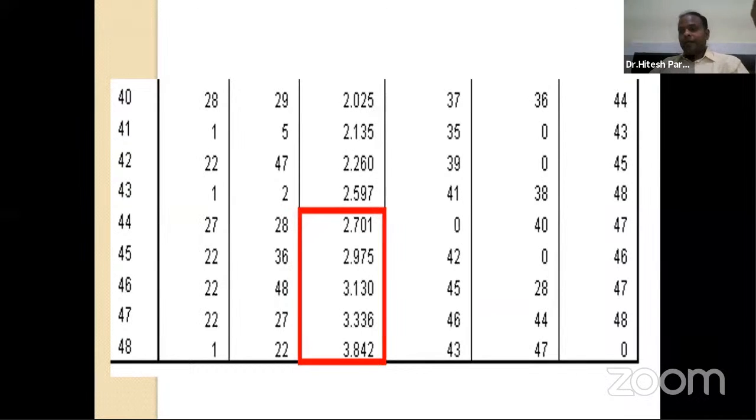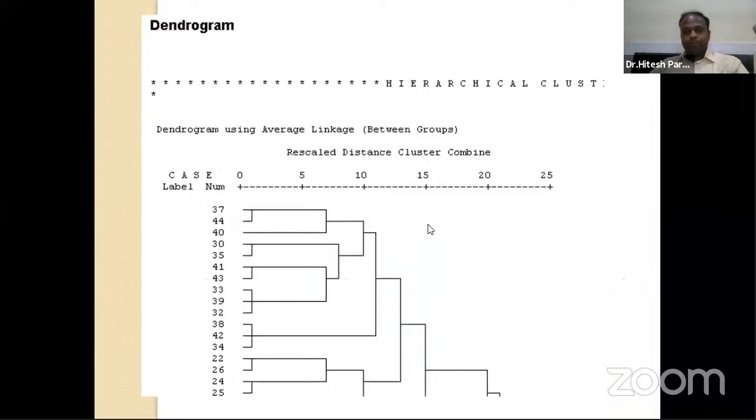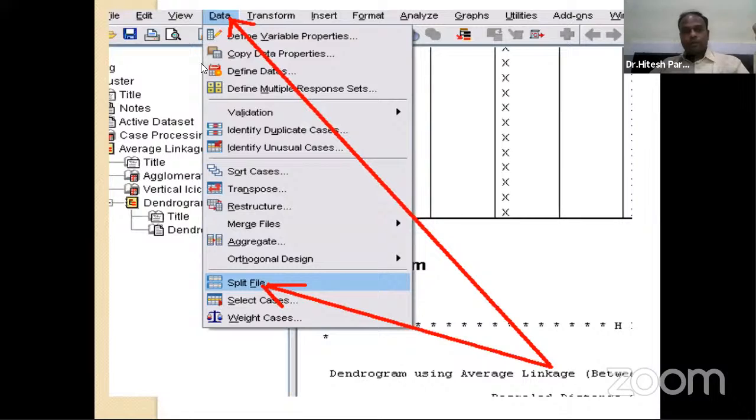Once we identify the number of clusters, then we would like to see which respondent is representing which cluster, what the sample size in each cluster is, and with respect to demographics, what the difference in the clusters is. So that is what we need to further explore in the cluster analysis. For that, this is again a dendrogram. For the further